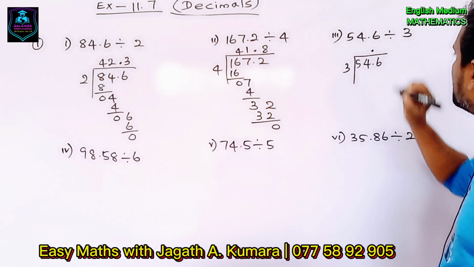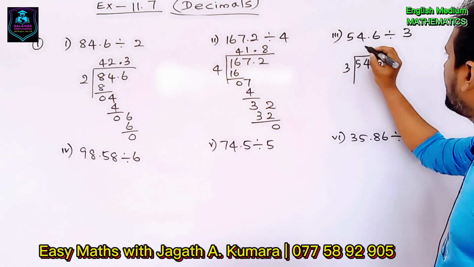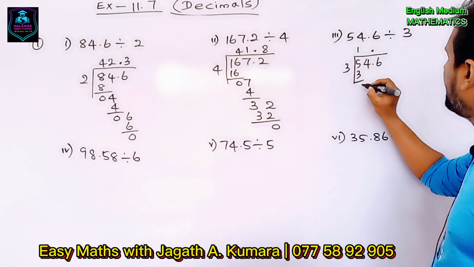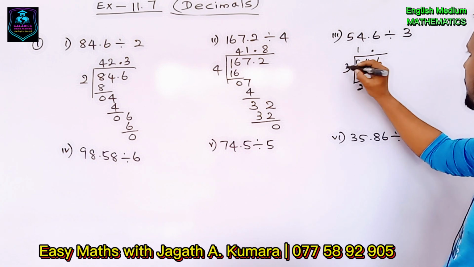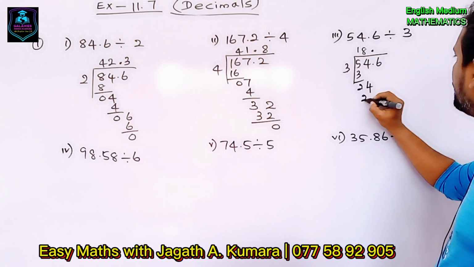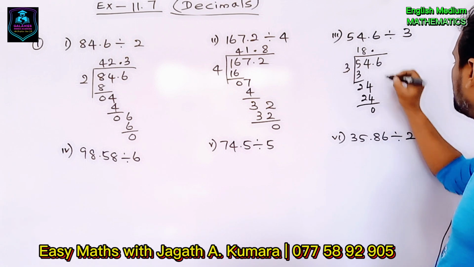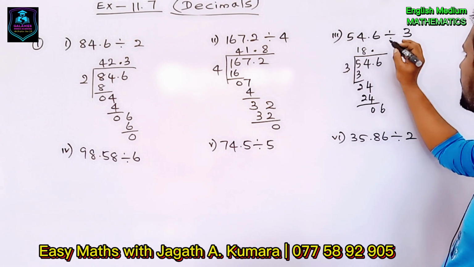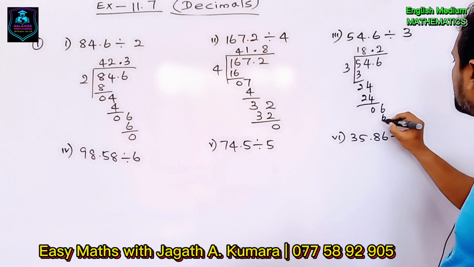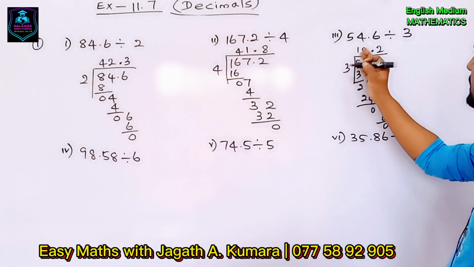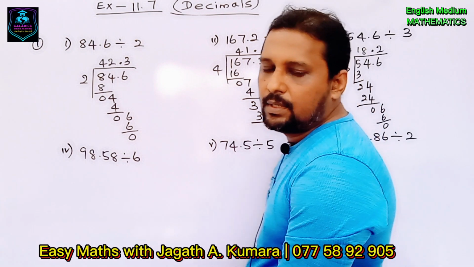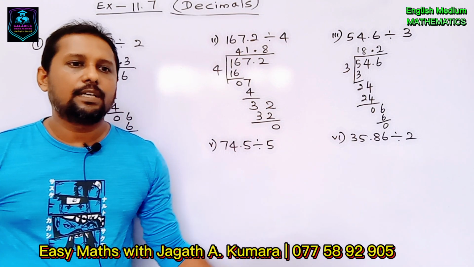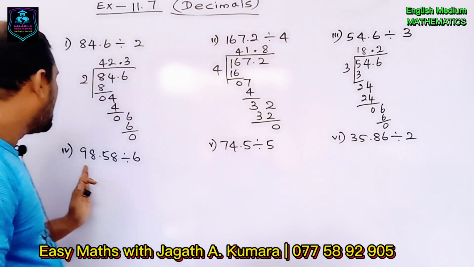First you can keep the decimal point here, then 5 divided by 3, 1, 1 times 3, 3, remaining 2, 24 divided by 3, 8, 8 times 3, 24, remaining 0, then this 6 you can take here, 6 divided by 3, 2, 2 times 3, 6, remaining 0. So the answer is 18.2, right? It is the third part answer. Then look at the next one,